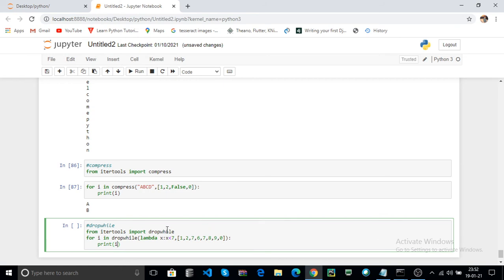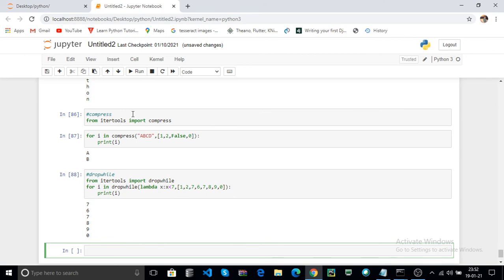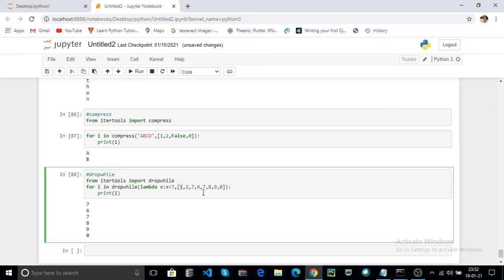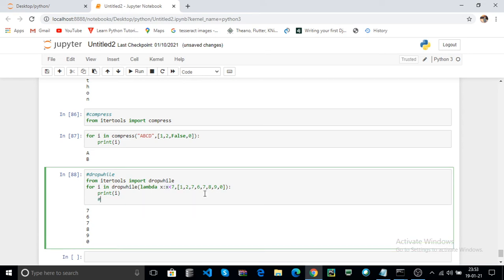Print i, click on run. Here first it checks: 1 is less than 7, the condition is true, so it is skipped. In the first iteration, 1 is less than 7, the condition is true, so it skips.